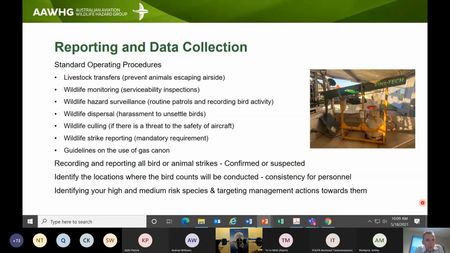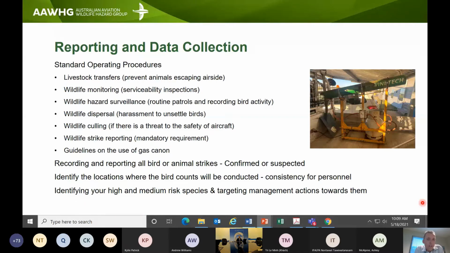And birds can be quite persistent, so it is another option for us to use if needed. And our wildlife strike reporting. So we do report all strikes, whether they're confirmed or unconfirmed. It's a mandatory requirement to our Air Transport Safety Bureau,